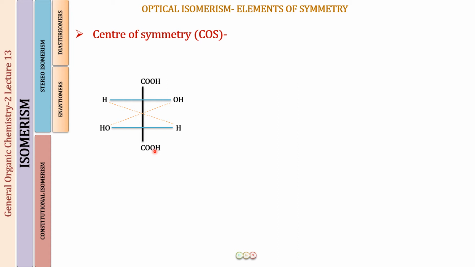Next, we move on to the center of symmetry. At the start of the lectures on center of symmetry, what I told you was that a Fischer projection is not a very good way to find out the center of symmetry of a molecule. For example, in this molecule, if I consider this to be my center of symmetry, if I go up, I will find a C and a COOH, this side an H, this side an H, an OH, and an OH. So what I would conclude from this is that in this molecule a center of symmetry is present, and if a center of symmetry is present, this molecule should be optically inactive. But what we find is that this molecule is optically active.